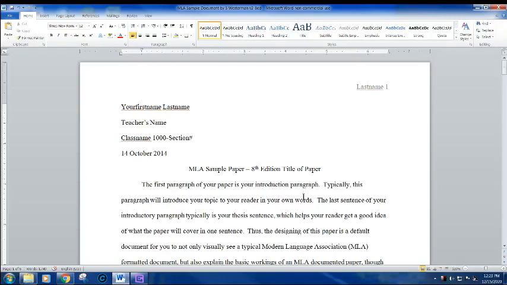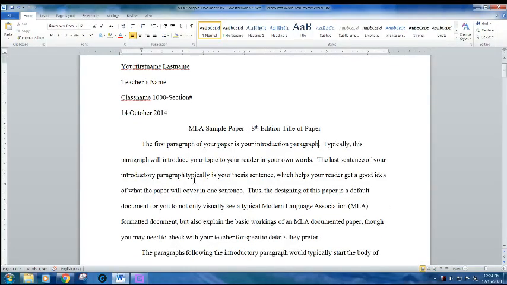I'm editing this as I go. Typically, this paragraph will introduce your topic to your reader in your own words. That works. The last sentence of your introductory paragraph typically is your thesis sentence, which helps your reader get